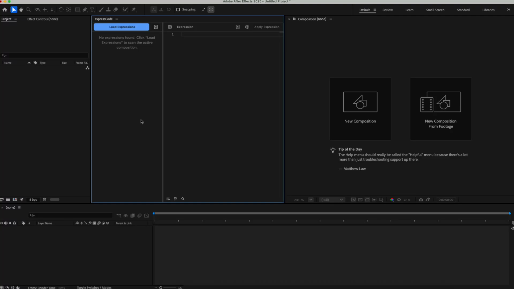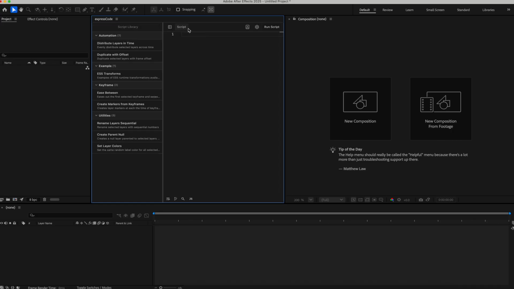Here's a quick demo of expressCode code editor for After Effects. The first time you open it, it'll open to the expression side of things. But since I have a blank project, I'm going to switch to script mode first by clicking this button here. This won't be a full tutorial about scripting, just showing some of the features of expressCode that make scripting a